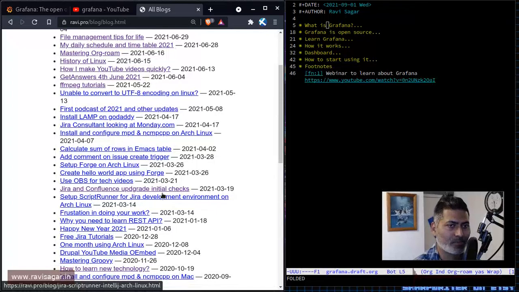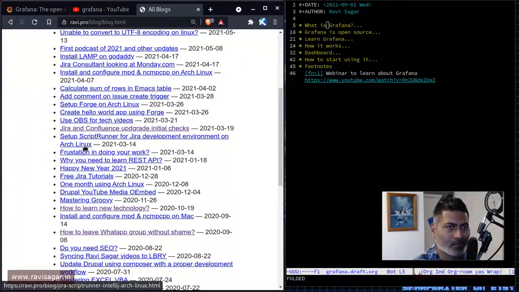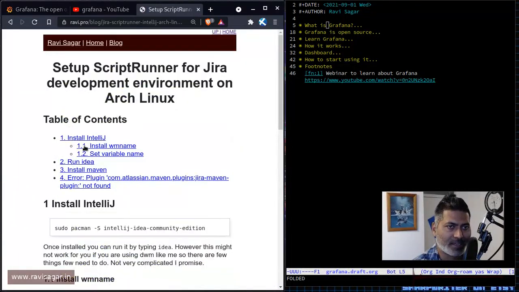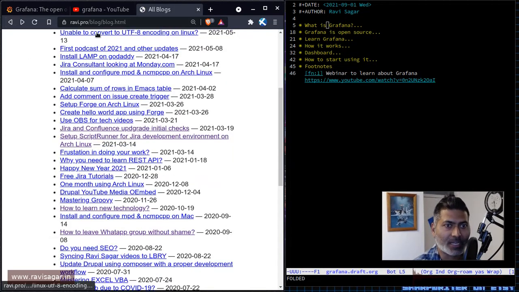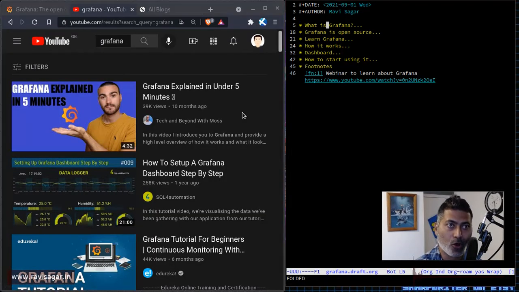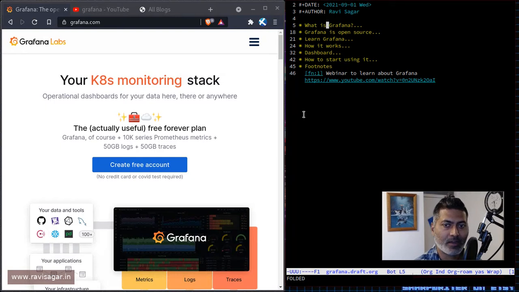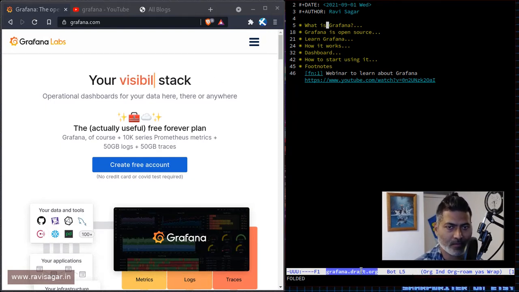If I learned something about, let us say, Arch Linux, I'll make a note of it. And if I think I can share it, I do share it. Most of my notes are actually on my computer, but whether I want to make them public or not depends on the file name. So if the file name has this keyword